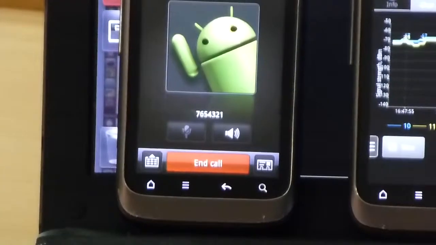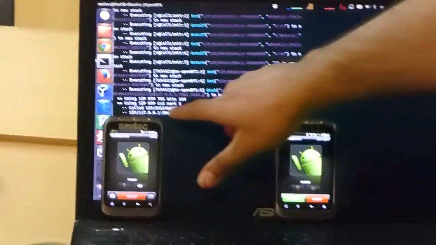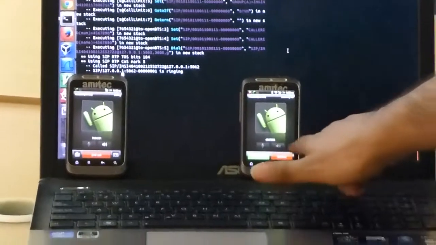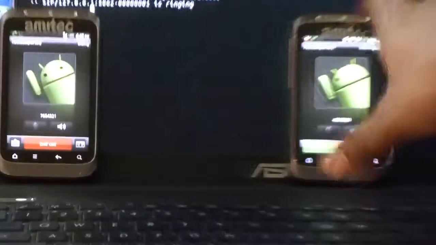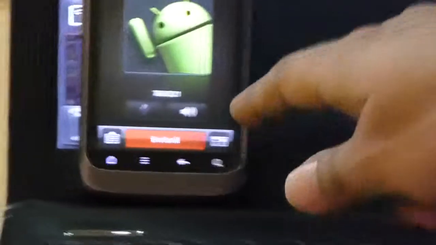At the back end of this PBX switch, you can see all the instances which are running. Here you can see that it is clearly showing that it is calling a number, and here you can see that a call is being received. So I am calling 7654321 from this mobile phone, and here I am receiving a call from some number, 4567890, which has been assigned to this mobile phone.